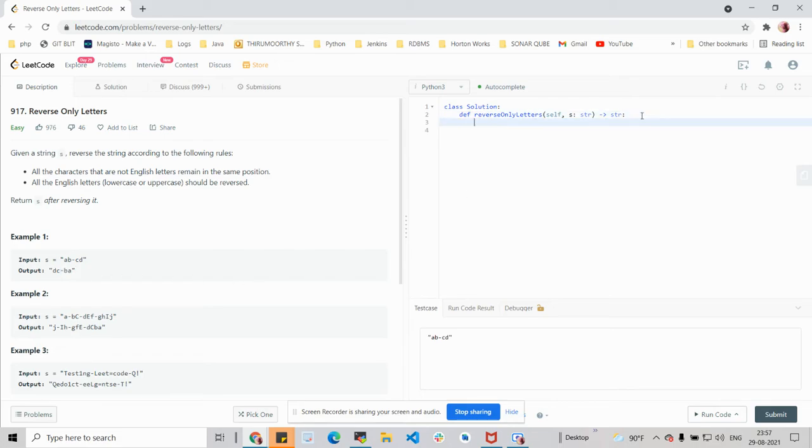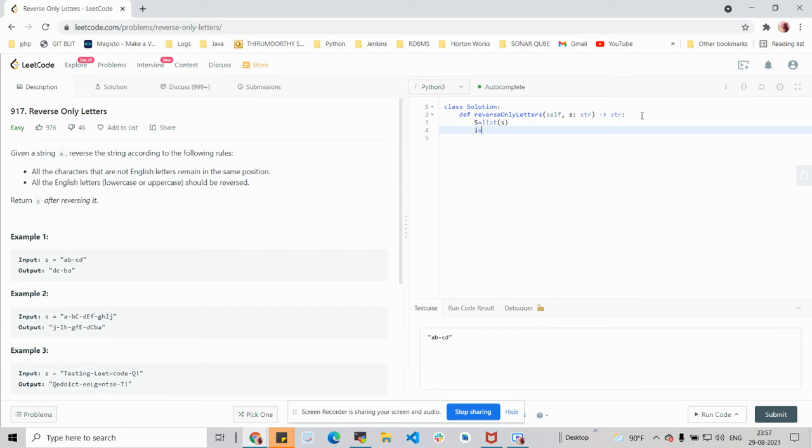So as we discussed in our previous video, I'm going to create a list for the given string so that each and every letter gets separated and forms the elements of the list, so that it will be very convenient for us to manipulate the characters in that list.